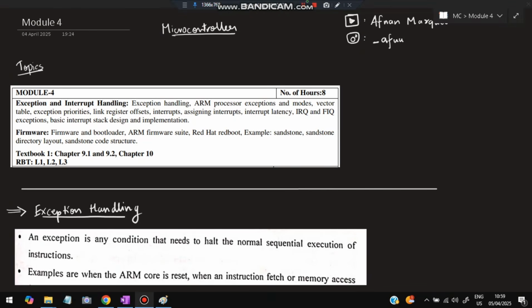Hello everyone, today in this video we'll be discussing module 4 of microcontrollers, and we have the following topics. This is related to exceptions, interrupt handling and firmware. We'll be discussing the important questions and what you need to know to score more than 80%